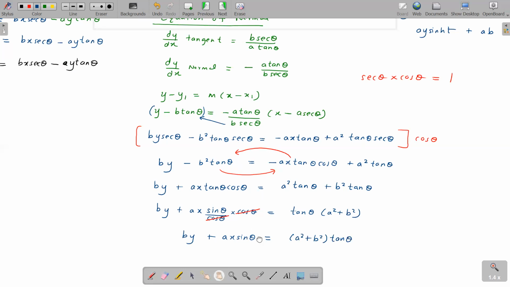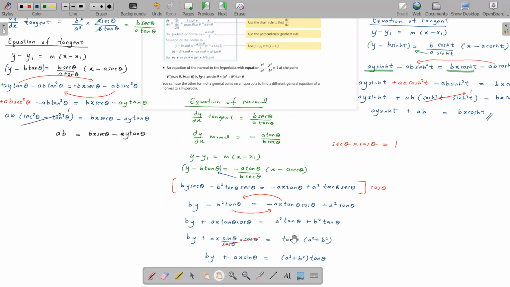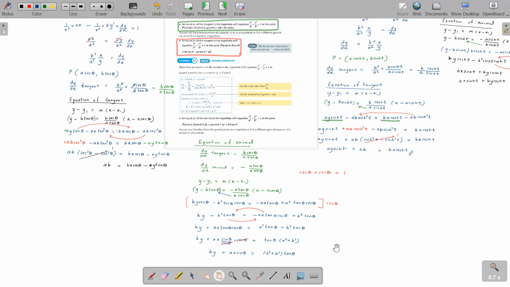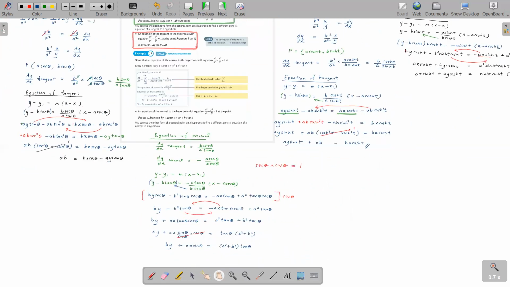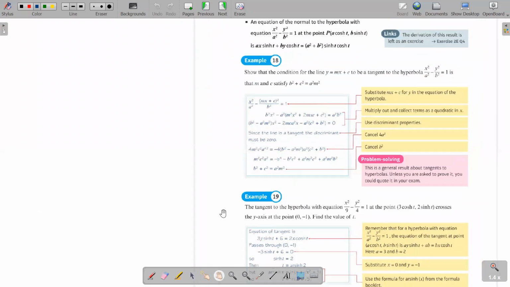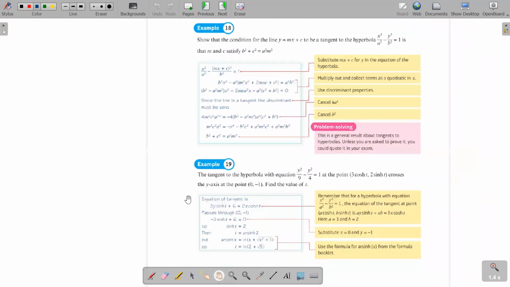Okay, so this is the show that. So we did all the 4 proofs for both the sets of parametric points. Okay, so this is the equation of the normal and the equation of normal and the tangent. So all of them are done. Okay, so now since we are done with the proofs for the equations of the normal and tangent, now we